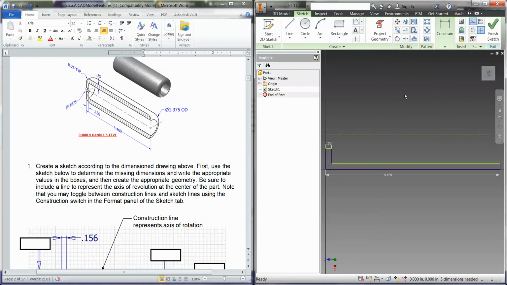Now we want to make sure that it has a few other constraints on it, that it is parallel to this bottom line here that is horizontal. So in our constraints, use the parallel, make sure that that is happening. Good. And then we're going to start setting our dimensions. Now we have this diameter, according to this, of 0.1875. So when we do a dimension from that construction line to this top line here, which is the inside of this small circle on our drawing,